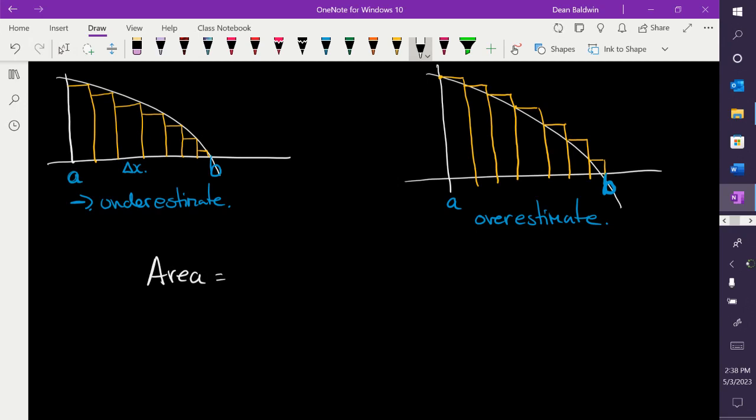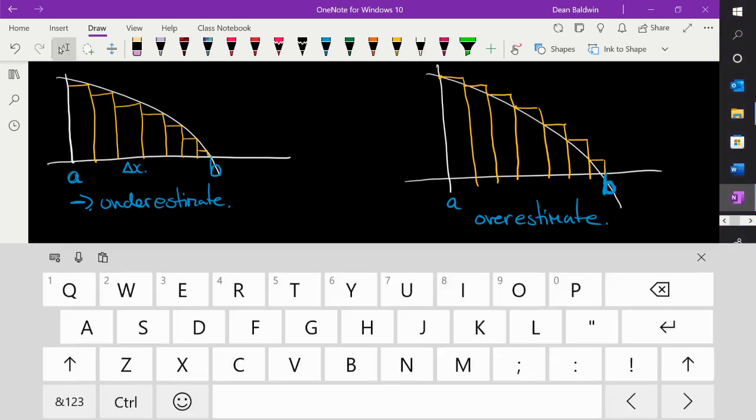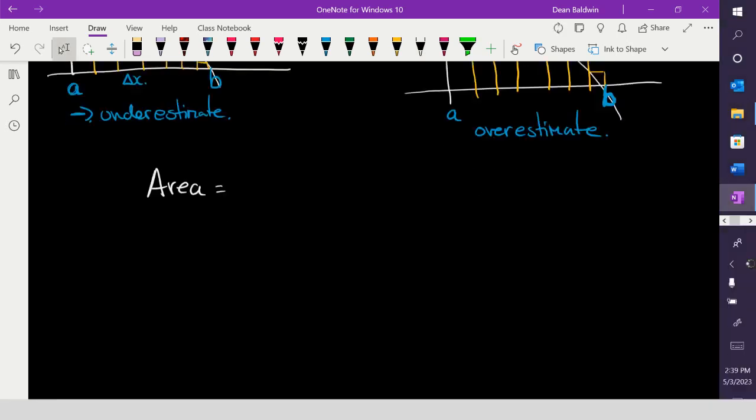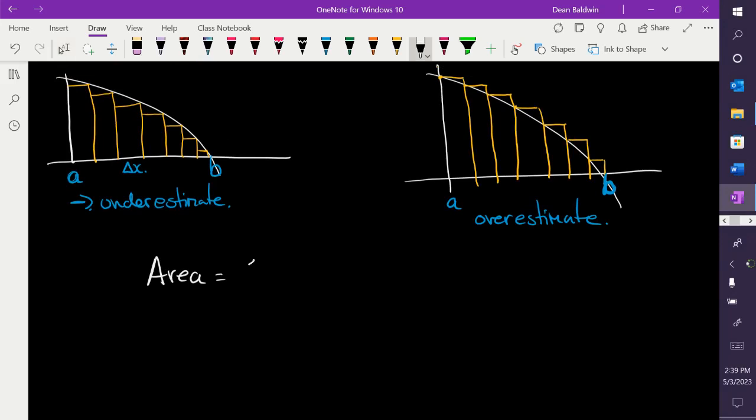Now, if we just start thinking about this mathematically, the area is going to be the sum of all the rectangles, right? Okay. I'm not going to write the word sum. What am I going to write to represent a summation in math? Sigma. You're close. That's the next step. So it's going to be the sigma